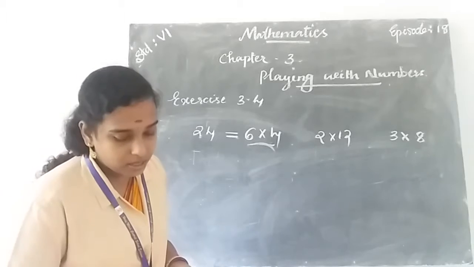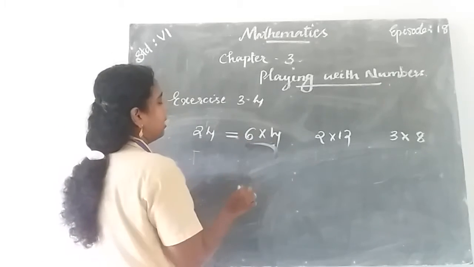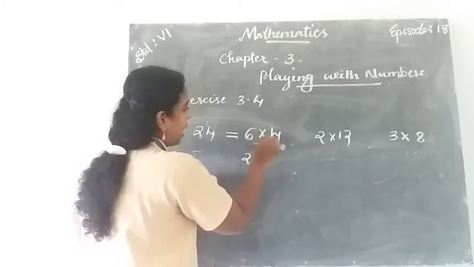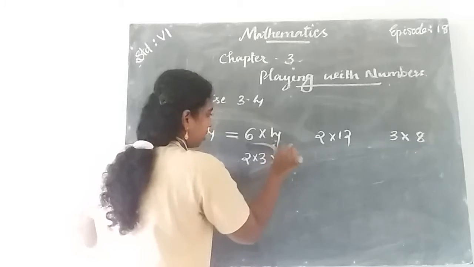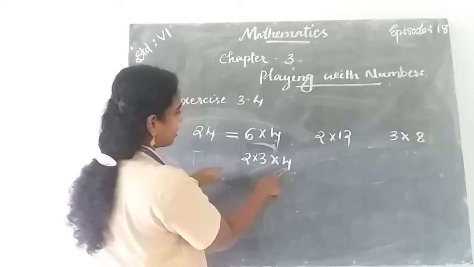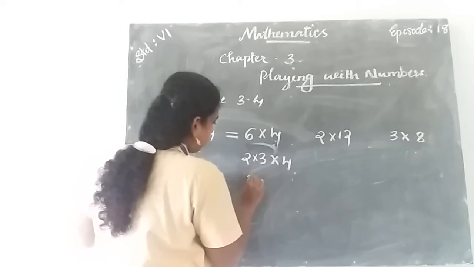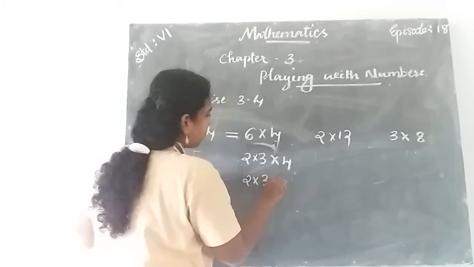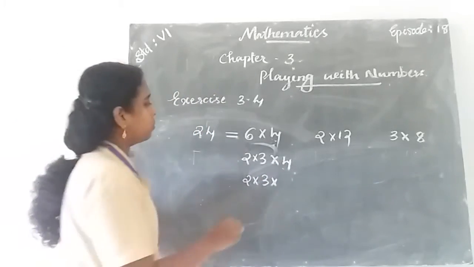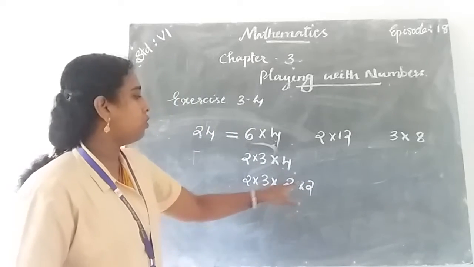Okay. And also we factorize the 6 into 4. First we factorize the 6. 6 is factorized as 2 into 3, and into, the next number is 4. Okay. And next we factorize the 4. 2 and 3 are prime numbers, so we can write them as 2 and 3. 2 into 3. Then the number is 4. 4 can be factorized into 2 into 2.